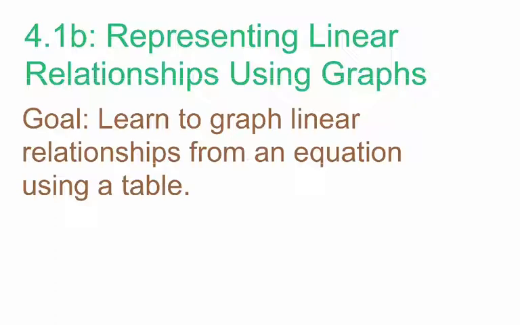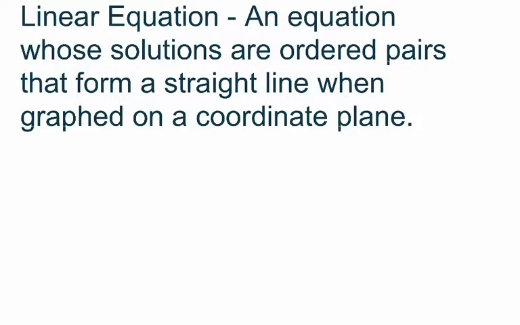So really the only term that we want to go over this lesson is what is called a linear equation. So our term is linear equation, which is an equation whose solutions are ordered pairs that form a straight line when graphed on a coordinate plane. So if we think back to the tables that we were making in 4.1a, because those tables had a pattern with both the x values and the y values, when we see that, that's going to give us a linear